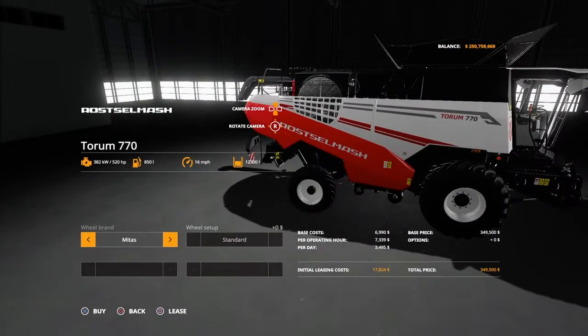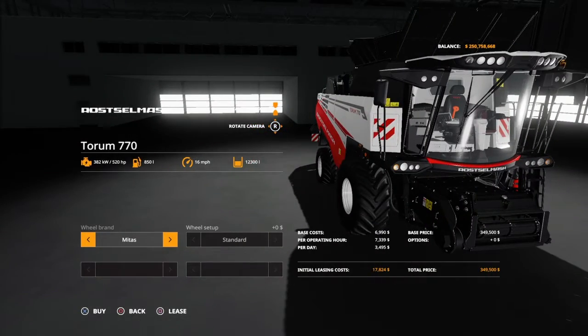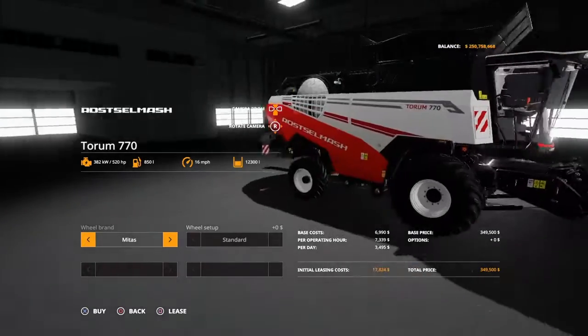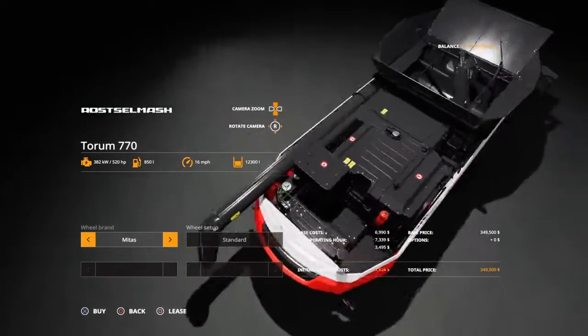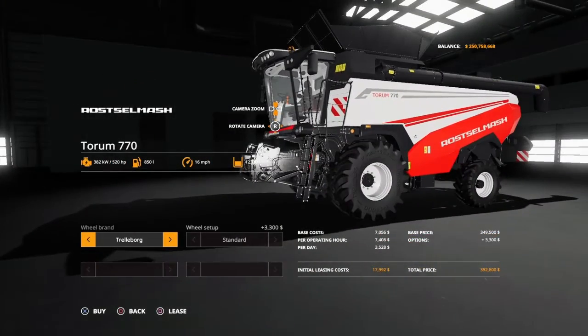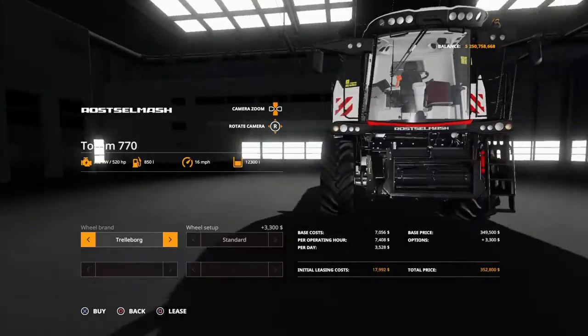382 kilowatts, 520 horsepower, 850 liters of diesel fuel, top speed 16 miles per hour, although I think I've gotten a little bit faster than that. 12,300 liters of grain. Your wheel brands. You can have Midas or Trailer Bug for $3,300. Michelin for $7,500. Your base price,